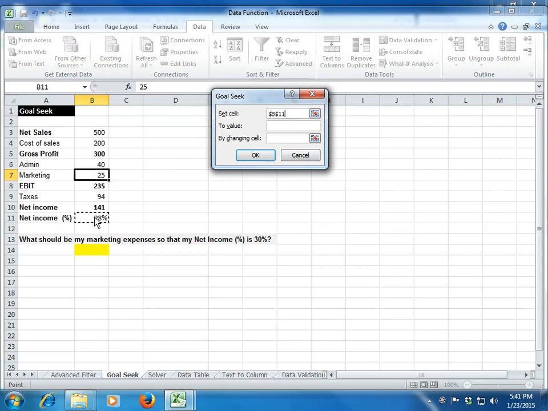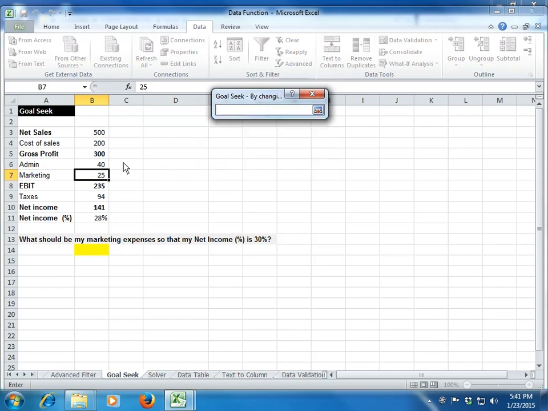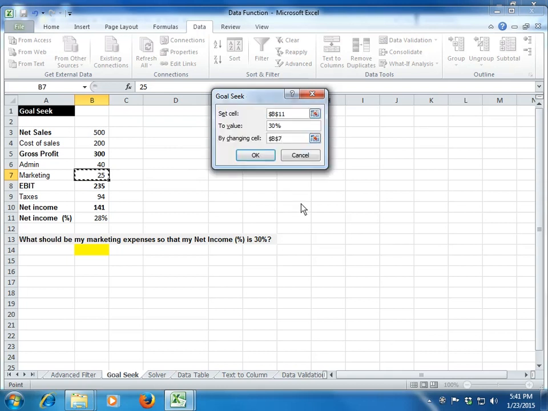I say net income, my ultimate cell. To what value? I say 30%, the ultimate value I am looking for. By changing which cell? By changing my marketing expense cell. So simply I need to give it three inputs: which cell I want to set, to what value, and by changing which cell, and I say OK.